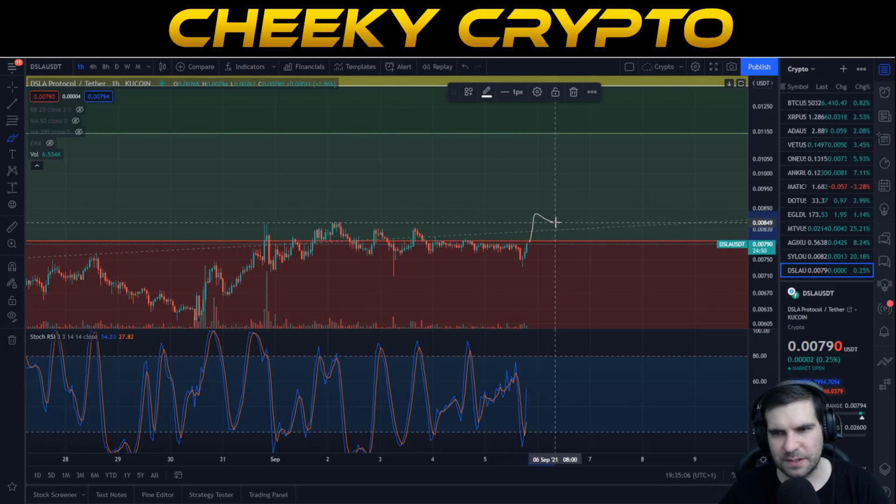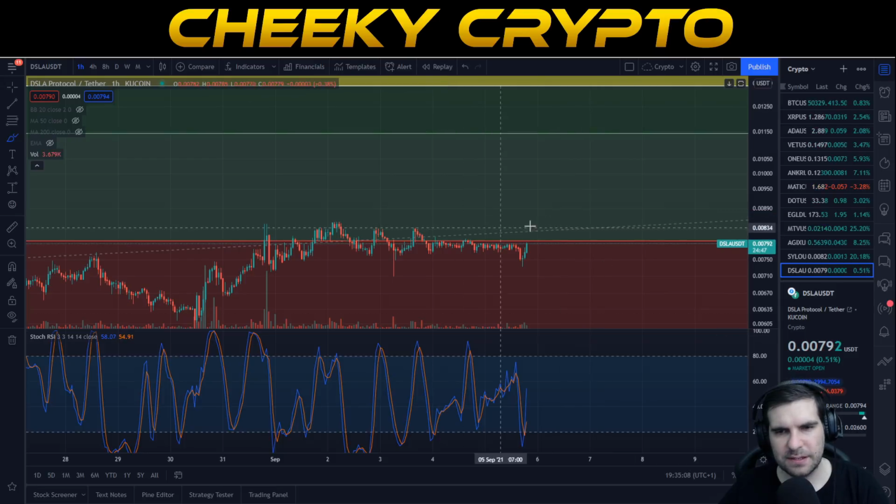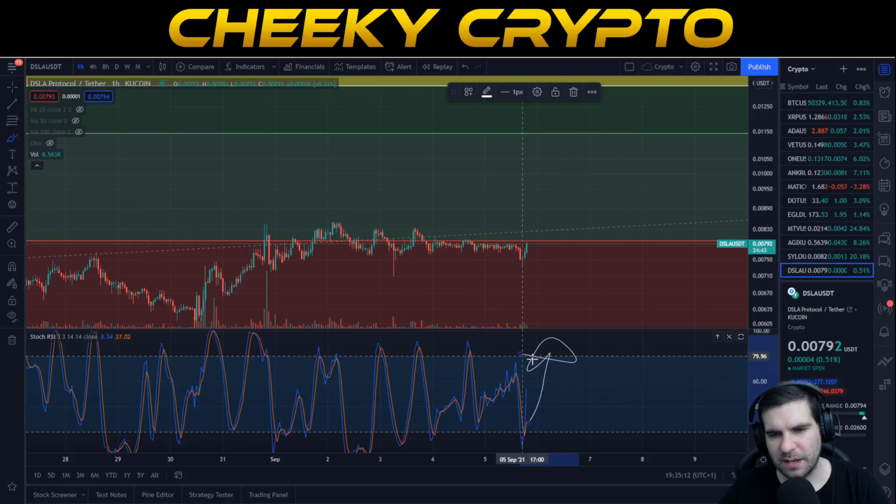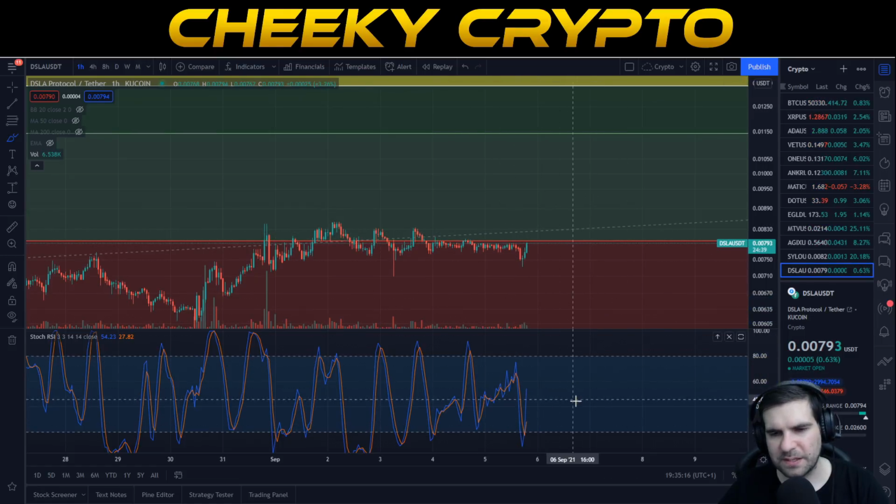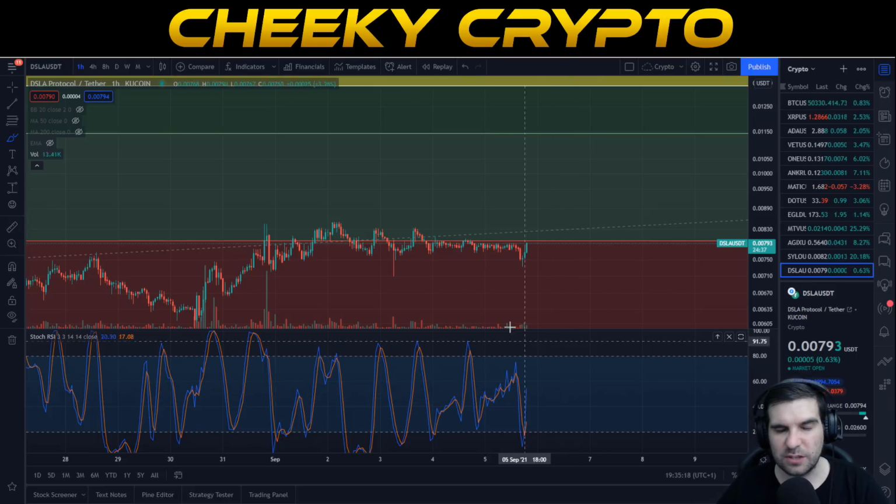And again, we take a look at where the resistance is currently. It's at 0.00850, okay? So we're looking to move past that area. But again, we have the momentum here. If we can just get this volume picking up a little bit, we have the space on the relative strength index here to really do that. So not too bad in that regard.